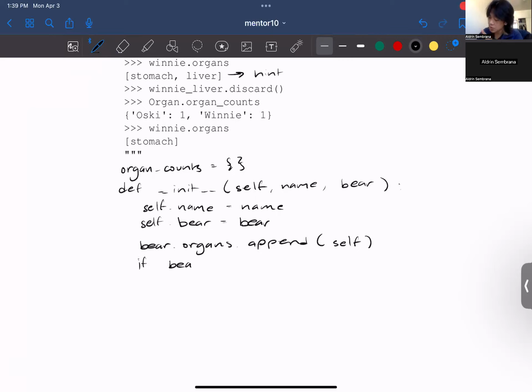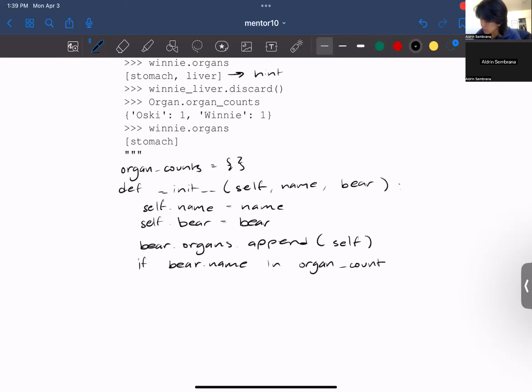We want to make sure it is bear.name and not just name itself, because the name in this context is going to be referring to the organ. So we want to check if bear.name is in organ counts,